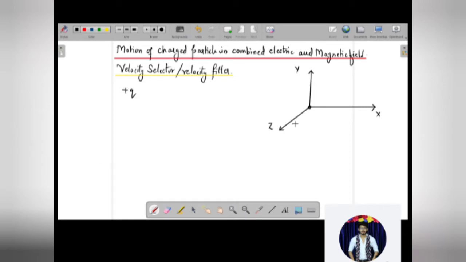And it is moving in the direction, let's say, plus x-axis direction. So it is going with the velocity vector along the positive x-axis. So v is going along the positive x-axis. So we can also say that v is equal to v times i cap. That means the direction of the velocity is i cap, the unit vector that represents the x-axis, and the magnitude is v.